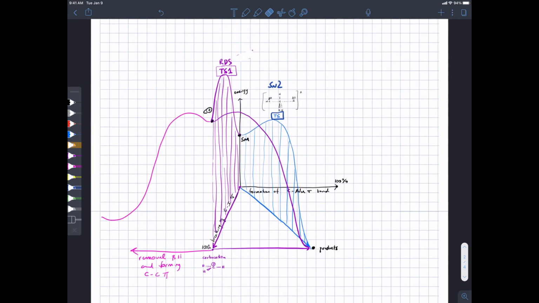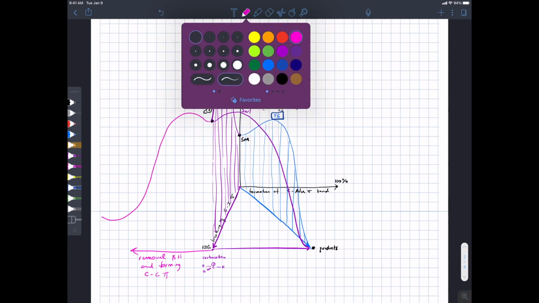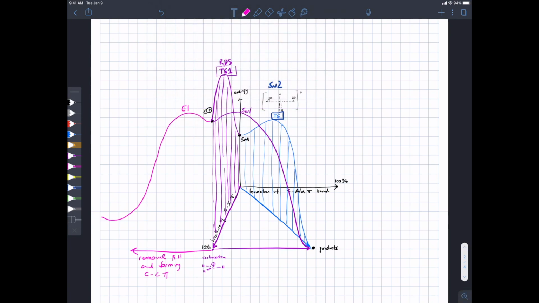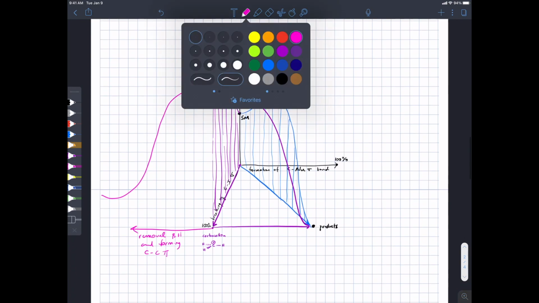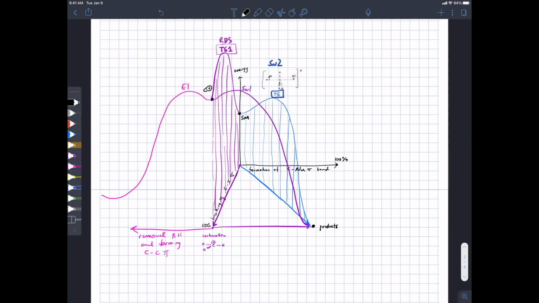So in reality, it's sort of silly to call this transition state 1 the SN1 transition state, because it's not. It leads to the carbocation. And then at that point, you have a splitting of the pathways where you could go down SN1 lane, or you could go over the E1 transition state. Because that choice happens after the rate determining step, there is basically no selectivity. In other words, we're not going to be able to, with any reliability, control whether once we get to the carbocation, it does SN1 or E1.